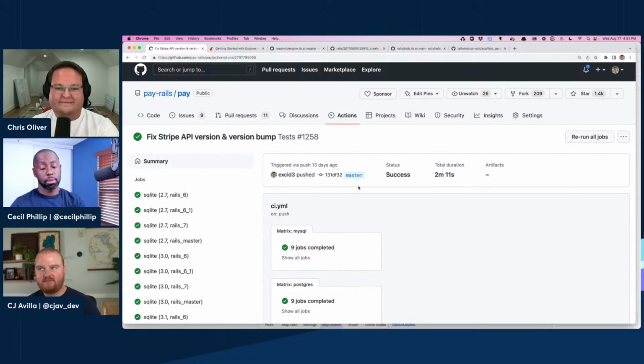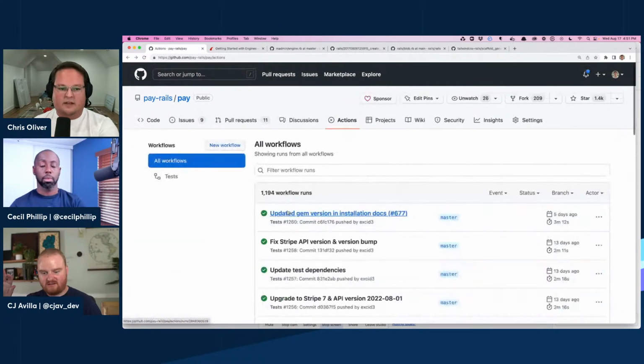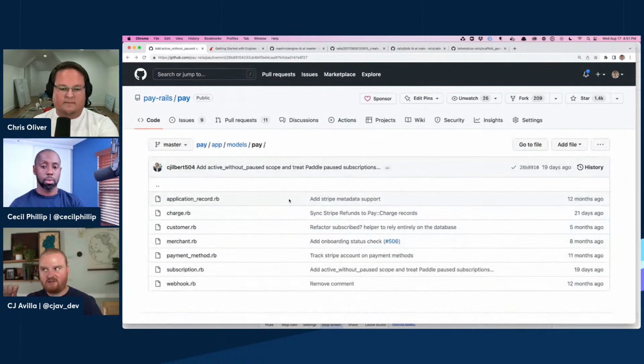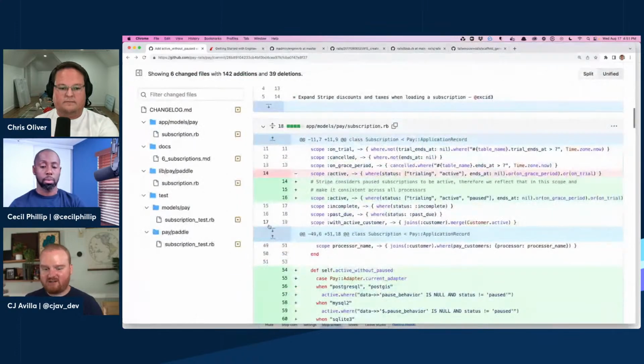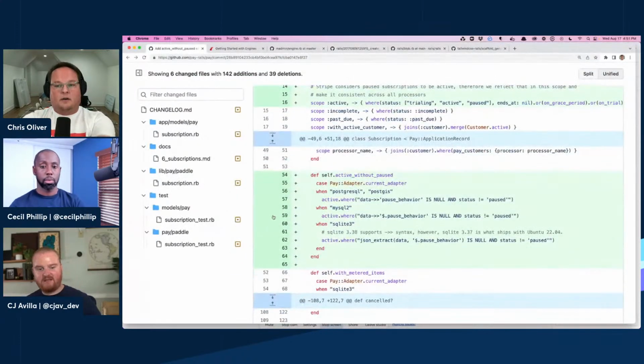So it seems like doing those gymnastics around querying if the pause behavior is null is a choice that you're making as an engine maintainer, because it would be easier to just use this JSON blob for all the data related to a subscription rather than introducing this new column that would force everyone to run a migration, and maybe you have to figure out how to backfill, et cetera, et cetera. Okay. Because